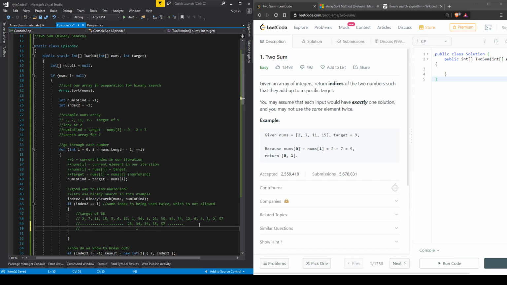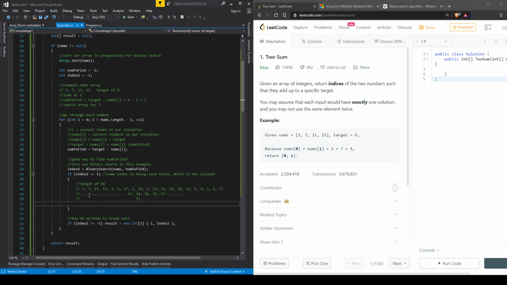I is here, and also index 2 I'm going to call J. They're both on the same thing. So when they're equal, because it's sorted, we know that if there is another 34, it's going to be either right after it or right before it. If it's not, it's not in the array. So, in this case, let's say if index 2 equals I, we're going to look at